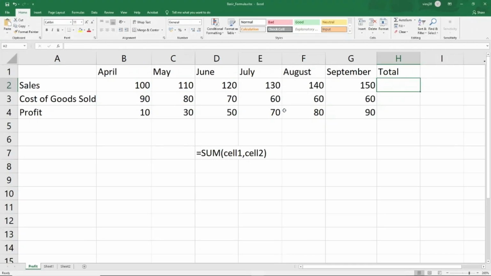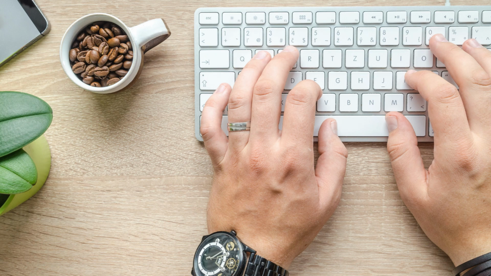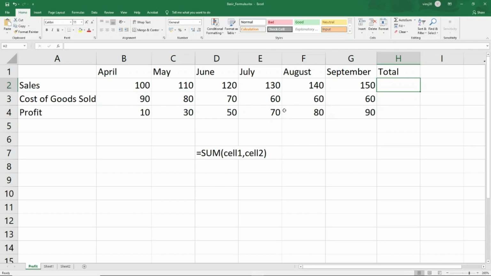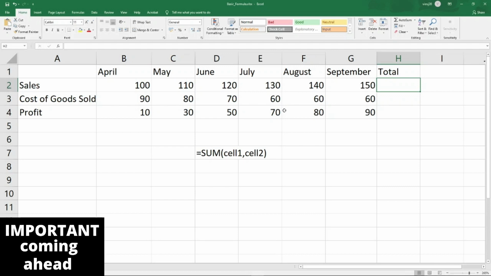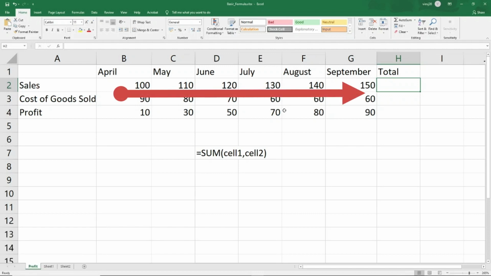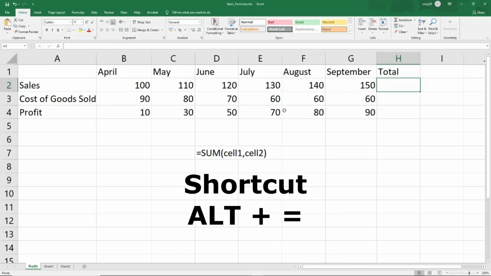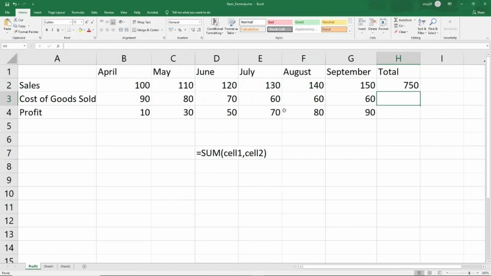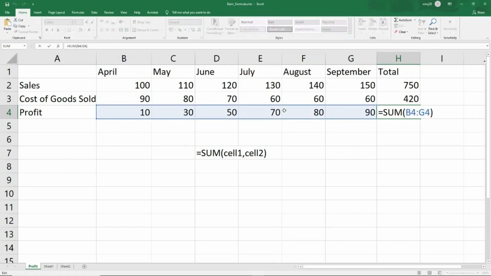Well, these are some of the ways. Let me tell you one of the easiest ways, a keyboard shortcut to do this, in case your data is organized or it's a particular range which you want to do. In this scenario, since I want to calculate the total or the summation of B2 until G2, I'll go to the cell H2, I'll click Alt and equal to sign, it does the same thing, and enter. So cost of goods sold, I can simply drag it down, so it's giving me the same thing. If I go here and click F2, I can see it's giving me the sum of the cost of goods sold and sum of profit.